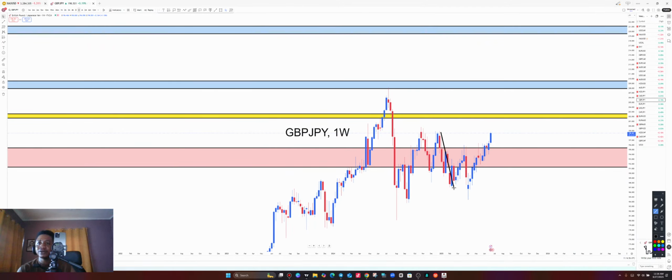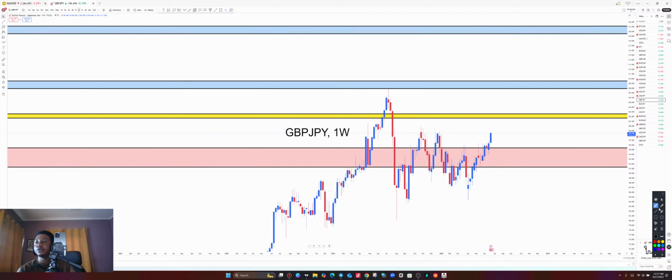A push all the way down, another push to the upside, exhaustion, another push all the way down, under exhaustion. But price couldn't find sell pressure from this area to the downside. Instead, what did it do? It has broken above it, meaning that we have a free path to the next resistance level above on GBP JPY. So GBP JPY, once we are above the monthly or the 3 months resistance level, it clearly tells us that we are going all the way up.